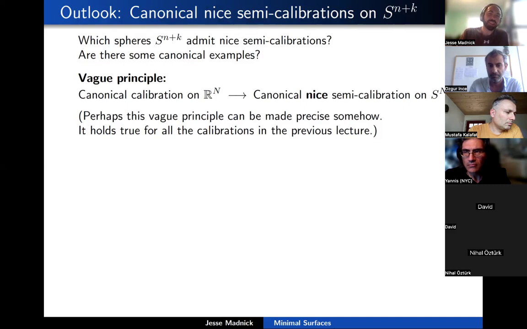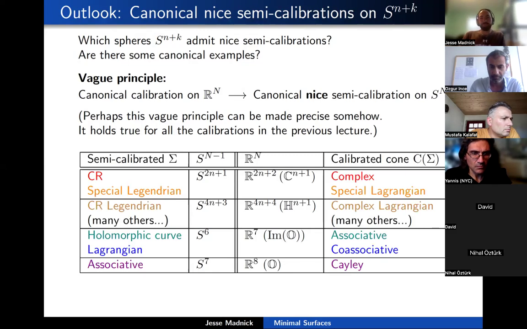Okay, but the point is that at the end of last lecture, we talked about various calibrations on Euclidean space, and the upshot is that those induce nice semi-calibrations on spheres. Here they are. So this table is quite formidable, so let's talk about it. These will be familiar from Berger's list, right? So the right side of this table is maybe familiar. Here we have R^(2n+2), where you can think of it as C^(n+1). And in C^(n+1), we have two types of very natural classes of calibrated geometries, the complex submanifolds and the special